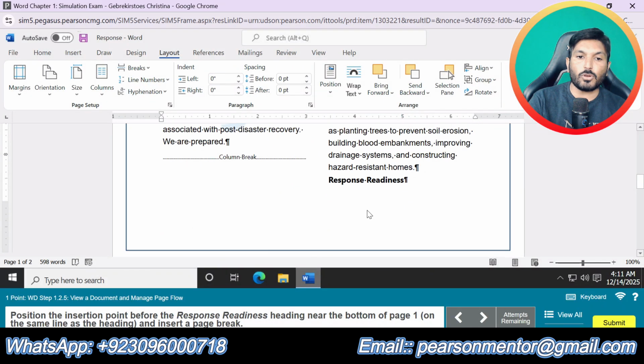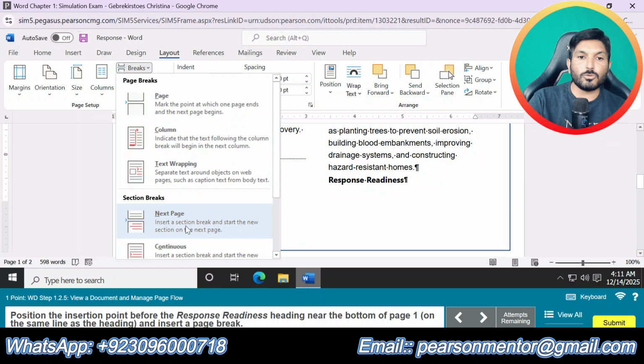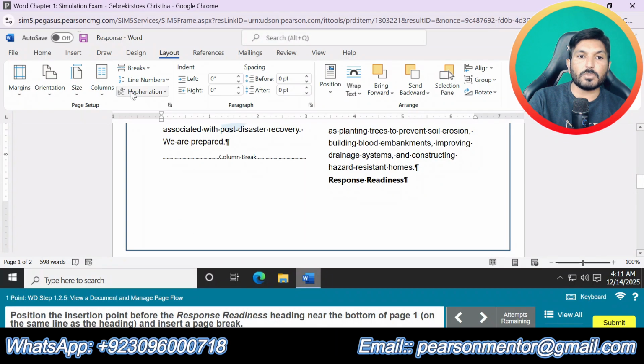Position the insertion point before the response readiness heading, and then we are supposed to insert a page break. So go to breaks and from here insert a page break.